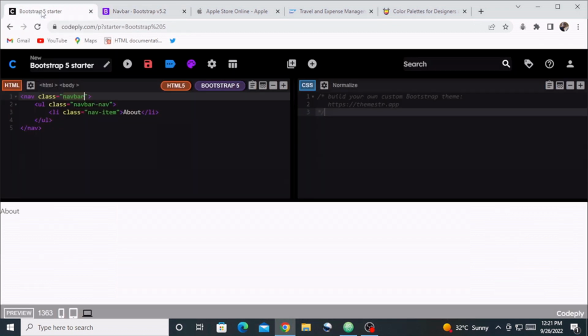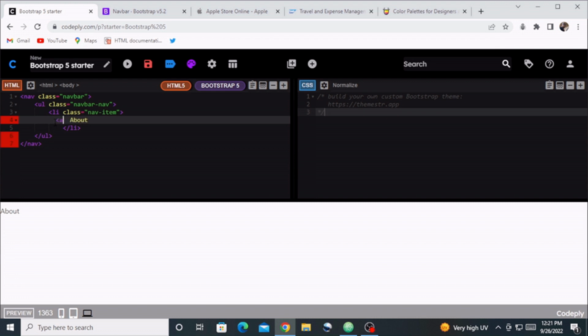Now back to CodePly. Since this text is a nav item, we want to be able to click on it. As you can see, at the moment we are unable to do that. To be able to do that, we'll have to put this text inside an anchor tag. So I'm going to come in here and add an anchor tag, like so,